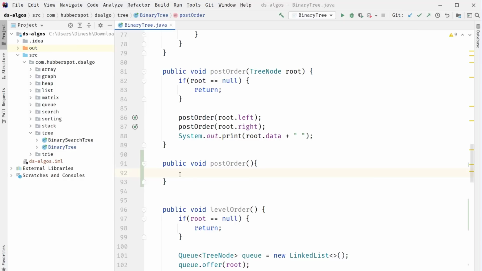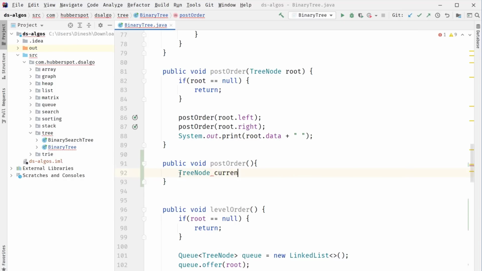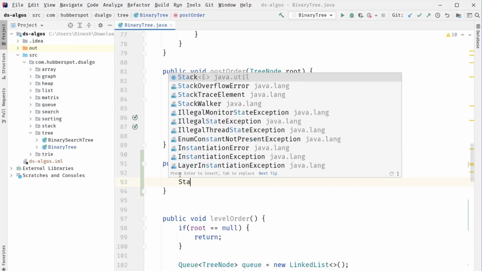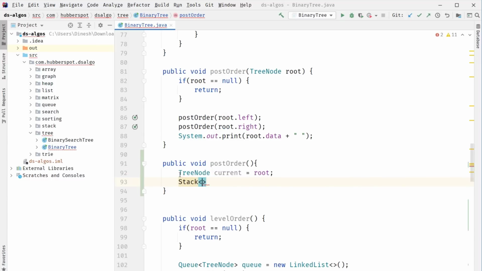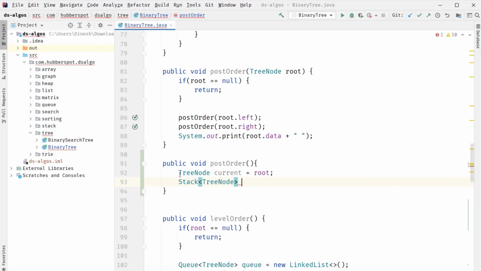So in the post order method, the first thing we do is we create a tree node current which starts from the root of the binary tree whose traversal we need to do. In the second step, we create a stack which will hold our tree nodes.